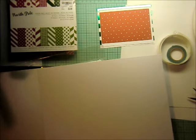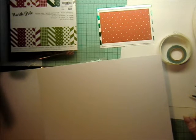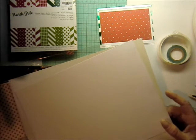Hi everyone. Welcome to my disaster desk. No, I've straightened it up mostly. I am starting to work on some Christmas cards. So I thought, since I had the courage to finish up the card